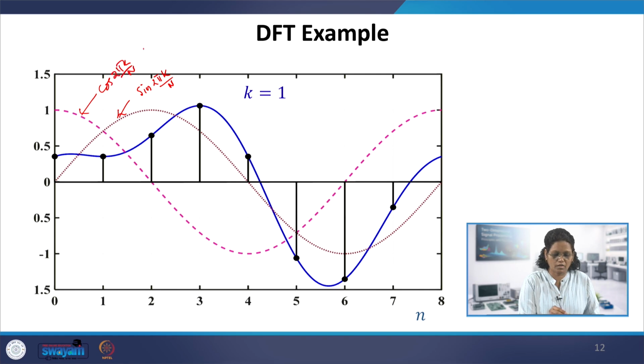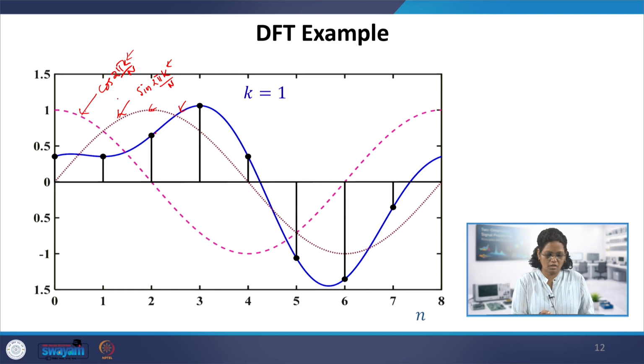So k is 1 here, because this k is 1 and this k is 1. If we correlate this sine and the input, and we correlate this cos and this input, that's what we do in the DFT equation. And if these two have similarity, then it gives the value which is the